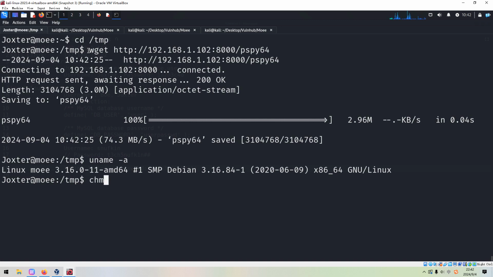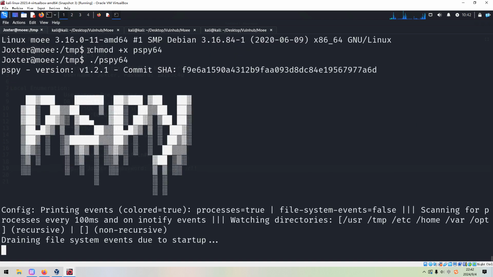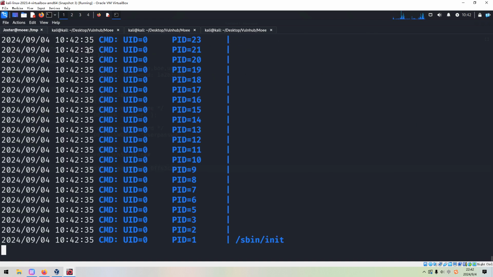So next we need to make it executable, and then we can run it. We need to find some cron job, because such a job will be executed regularly. And if we can manipulate this job, then I think we can make a lateral movement or even privilege escalation. Okay?